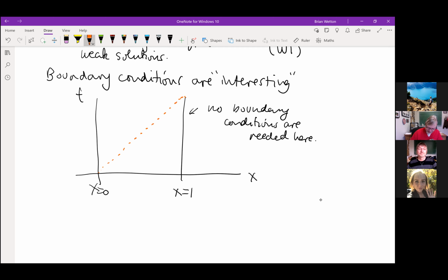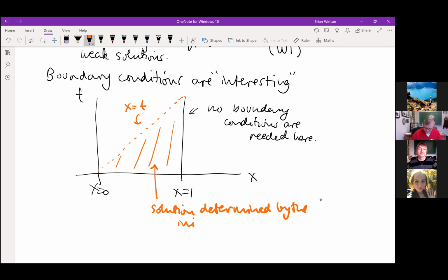And so if I look at this line, which will be x is equal to t, and I look in this region, the solution is determined by the initial conditions, with x between 0 and 1. Initial conditions between 0 and 1. Once you get up to time 1,